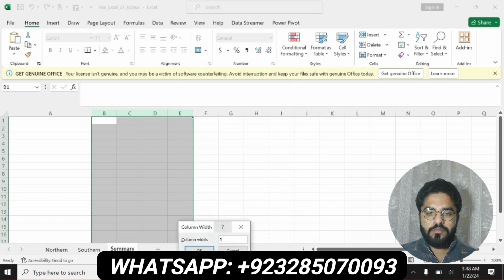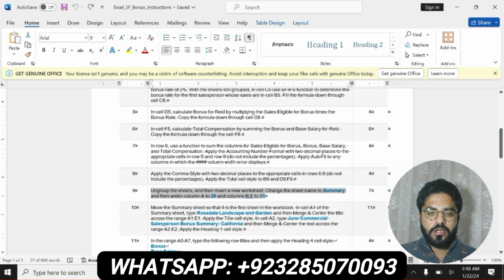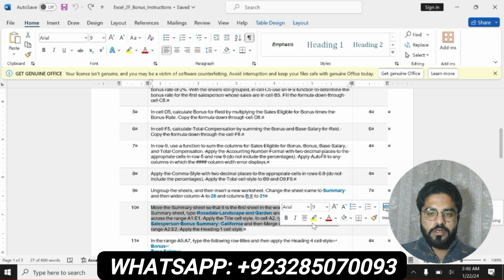Then set the column width to 21, this one. Question number 9 is completed. Now we will move to question number 10. Question number 10 is